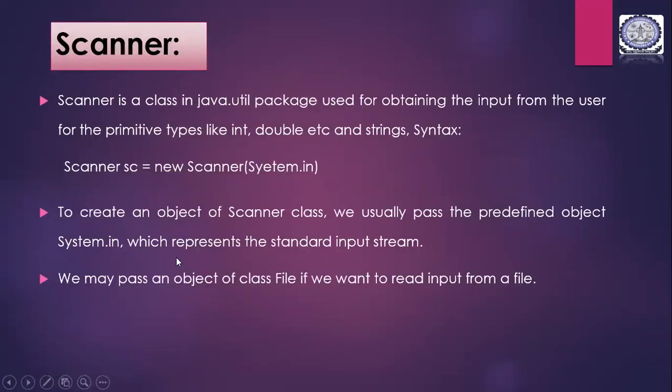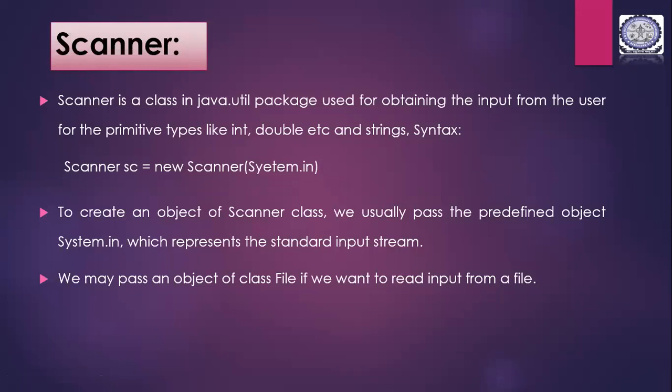Okay. So till now we saw that we will have a package, how we can import a package, and how we can allocate memory, all this. But how do you take a value from the user? So we use the scanner. Now scanner is a class in the util package. Okay, util is a package which has a class called scanner, which helps in taking in the input from the user for some primitive types like int, double, float, long, all these, and also the strings.